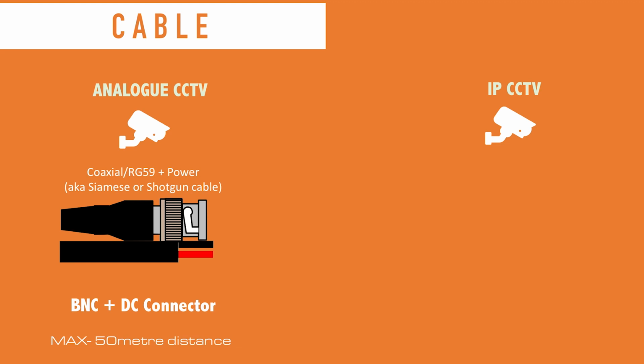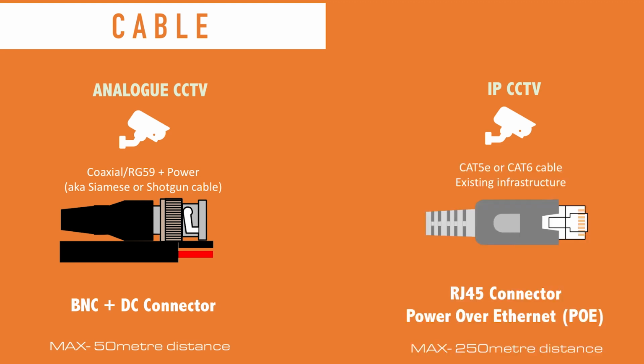Worthwhile noting, there is a distance limitation on this cable of about 50 meters, and that's due to the power signal. You can actually run the video around 150 meters, but then you would have to power the camera locally. If we jump onto IP systems,